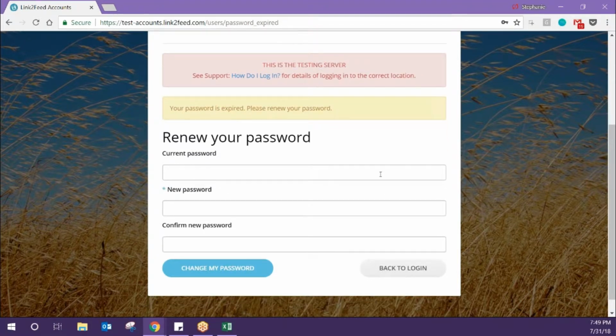When logging in for the first time, you're going to be asked to change your password. So in the first field, you're going to type in the current password that you just entered. And in the second field, you're going to put in a new password. For the new password, you're going to need to put in a password that's at least 8 characters long, have at least 1 capital letter, 1 number, and 1 symbol. Click on Change My Password,